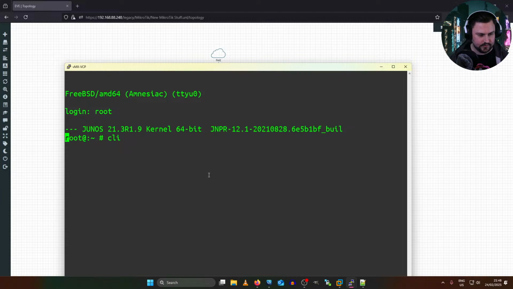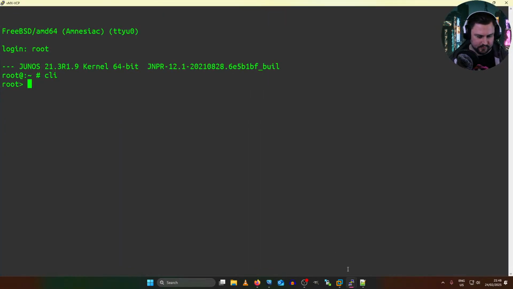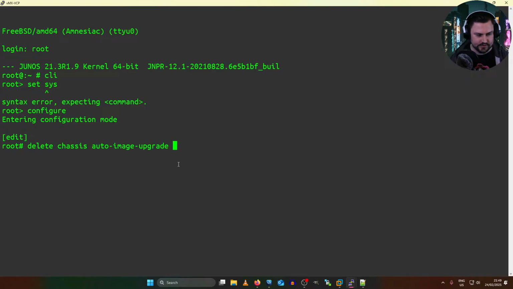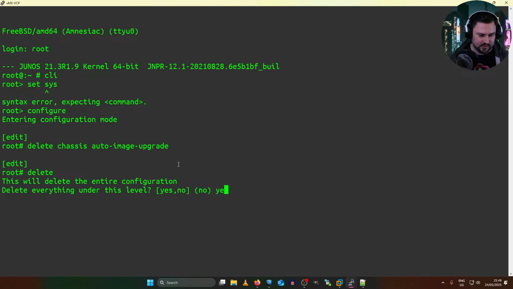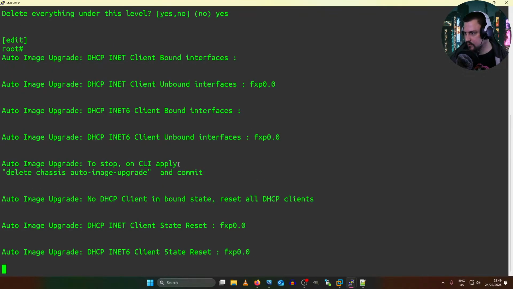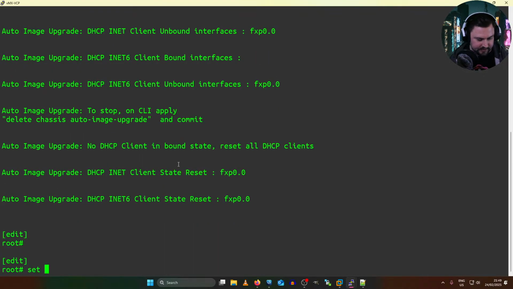Root. This device is still blank, so we can just configure, delete chassis auto-image-upgrade, and set. Actually, you could just delete and then rebuild the config like that. That's the smarter way to do it.